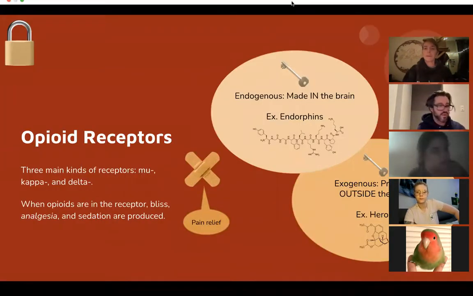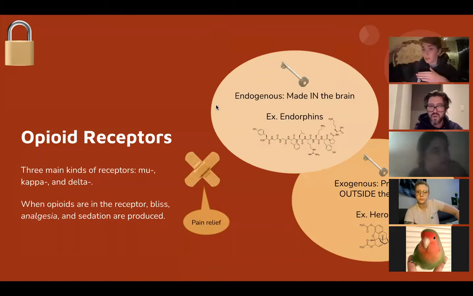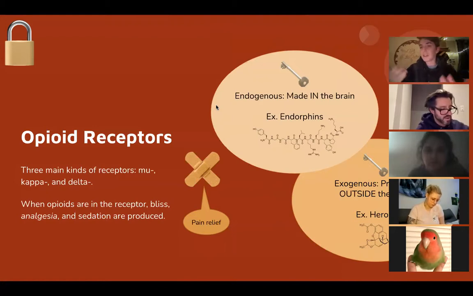Now, a question from chat: if you're calmer, how can it increase anxiety? I'm confused about GABA. I think that there might be a wire cross there. So GABA is a neurotransmitter where if you have more of it, you're calmer. If you have less of it, you're less calm. So alcohol increases the activity of GABA in your brain, which makes you feel more calm.